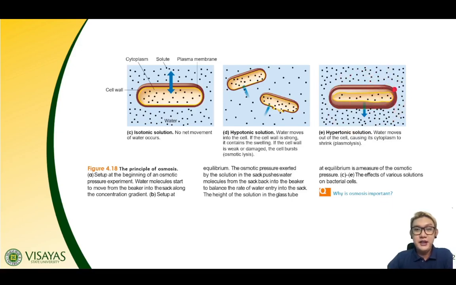However, if the cell is in a hypertonic solution, that means there is a higher concentration of solute outside than inside. That means there is lower water concentration outside, so more of the water is going out, and the cell membrane and the cytoplasm shrink. This is what we call plasmolysis. This is actually the principle